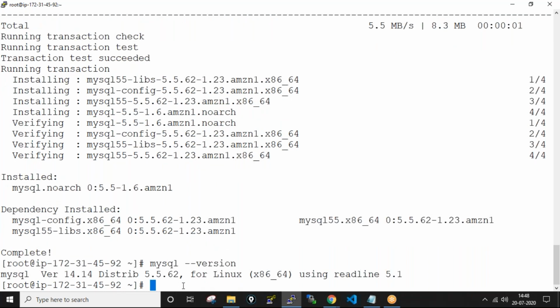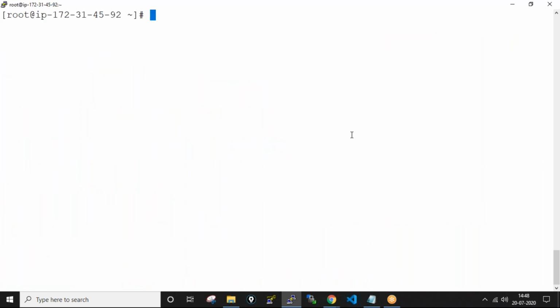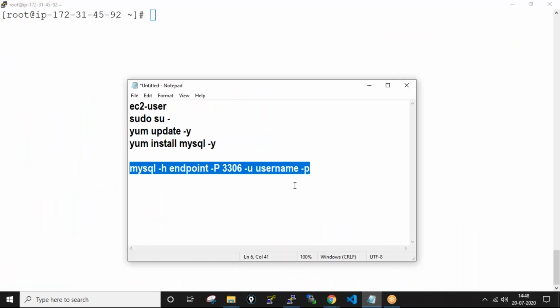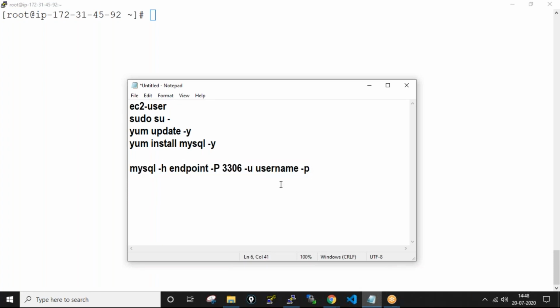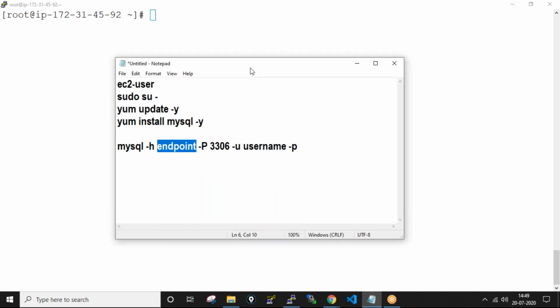If you give that, it will show the version of the MySQL server. And next, we need to give this command: mysql -h endpoint -P port -u username and password. What is the endpoint here? We need to change this to the endpoint of your database.